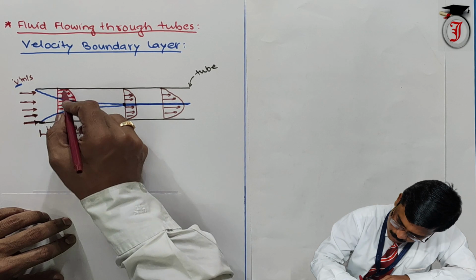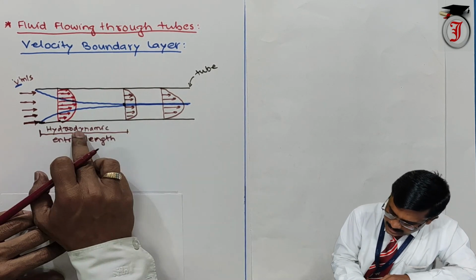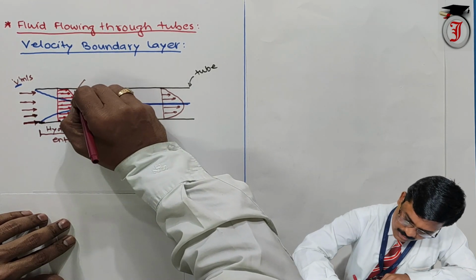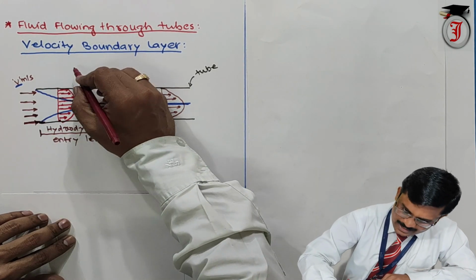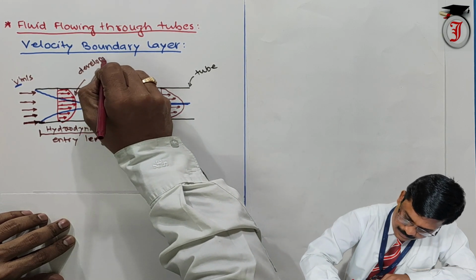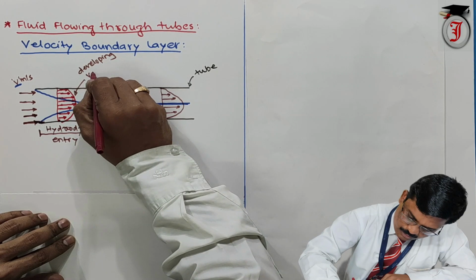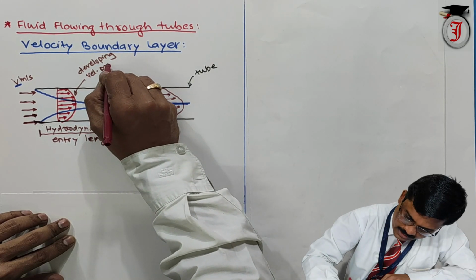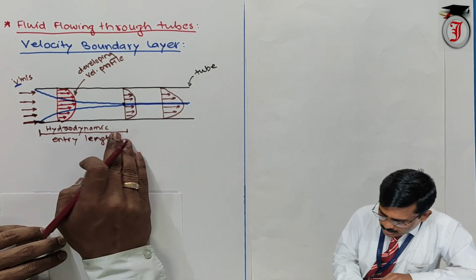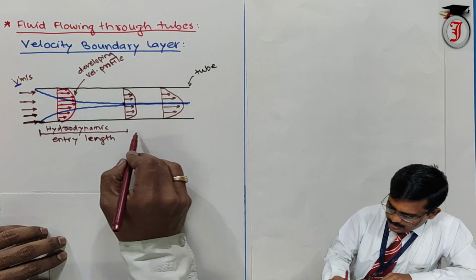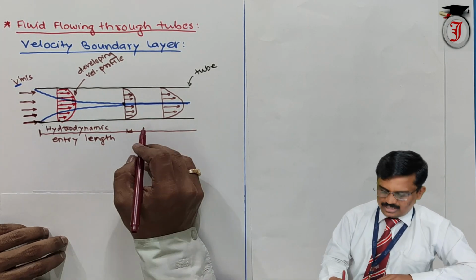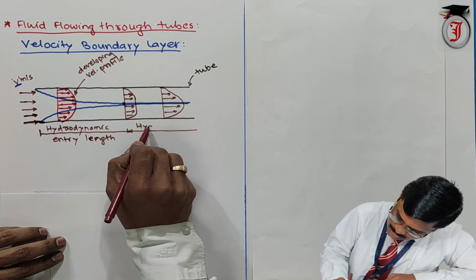So this is the velocity profile, and in a hydrodynamic entrance region, the velocity profile is called a developing velocity profile. And the region beyond this entrance region is called the hydrodynamically fully developed region,